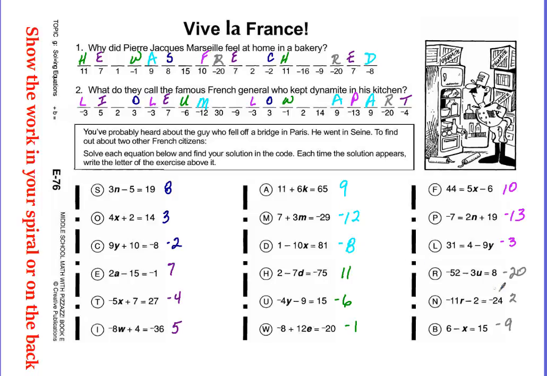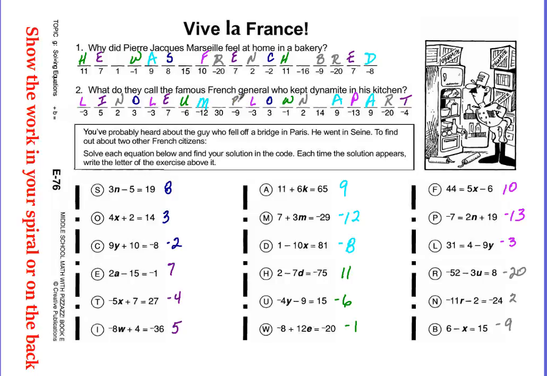Nope. The 2's are all N's. So there's a 2. French. That makes sense. This is about somebody French. There's a 2. And there's a 2. And finally, all the B's are going to go where we have -9s. So -9